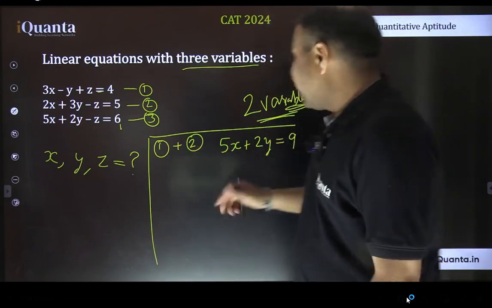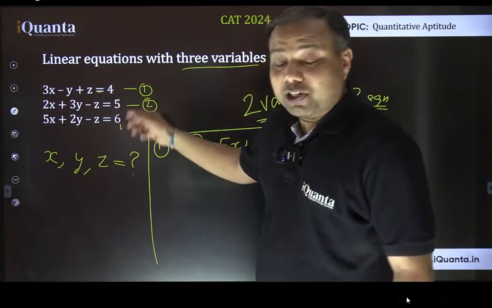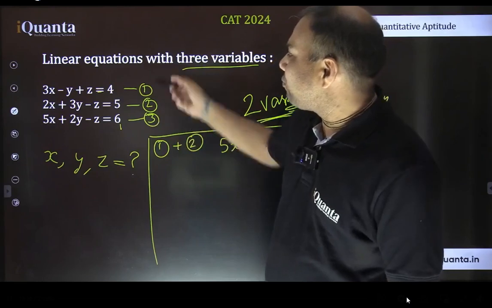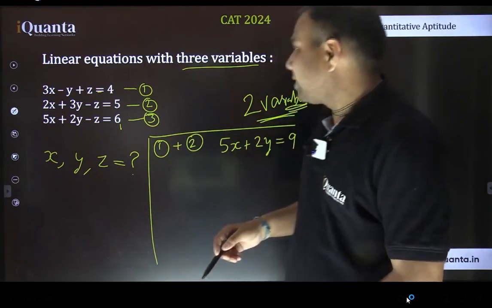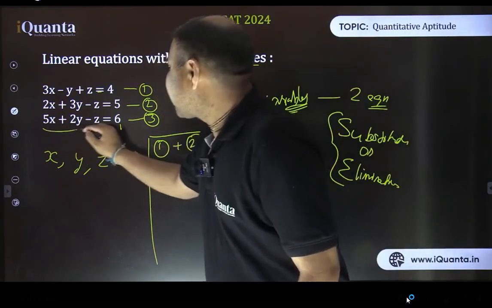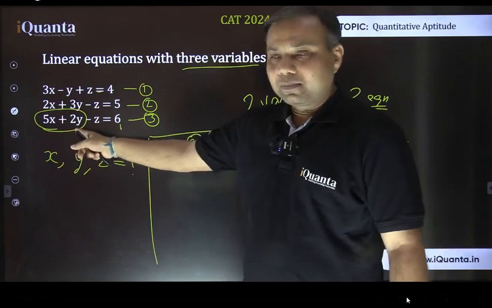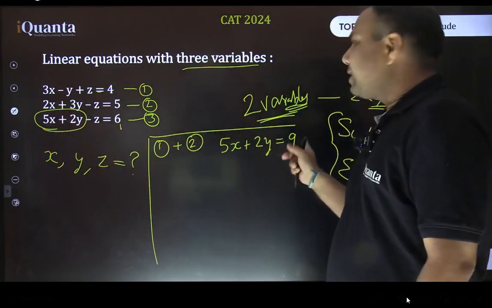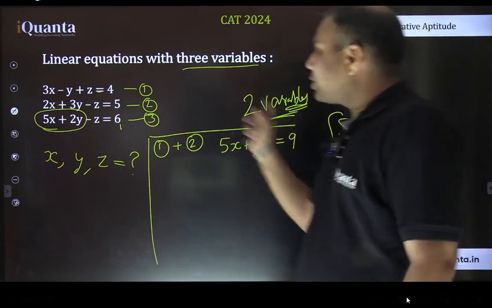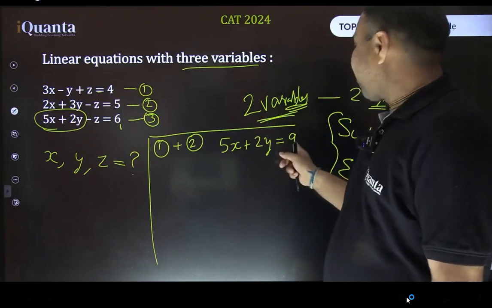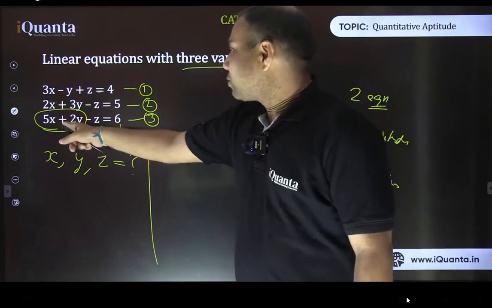Good. Now, in spite of getting another equation in terms of x and y from equation 2 and 3 or 1 and 3, this is a better way, which Daksh suggested. 5x plus 2y is the same expression we are having here also in this third equation. And the value of 5x plus 2y is equal to 9. We have just found that. So just substitute this value here, right? We can substitute this value of 5x plus 2y equals 9 in the circled part. So this third equation becomes